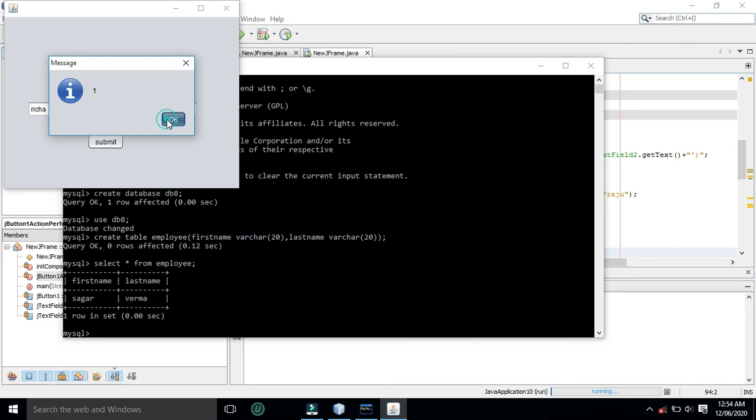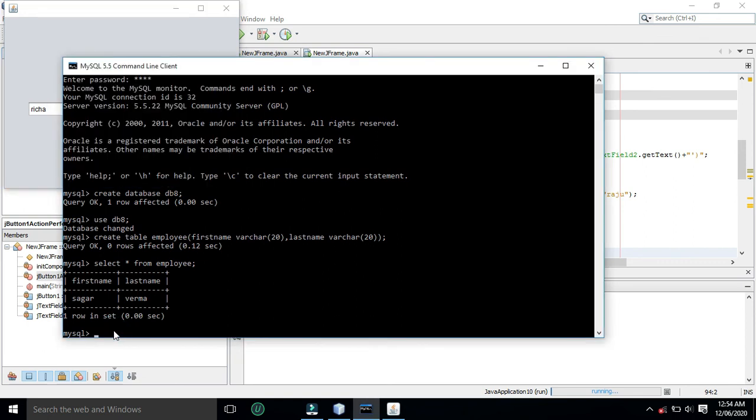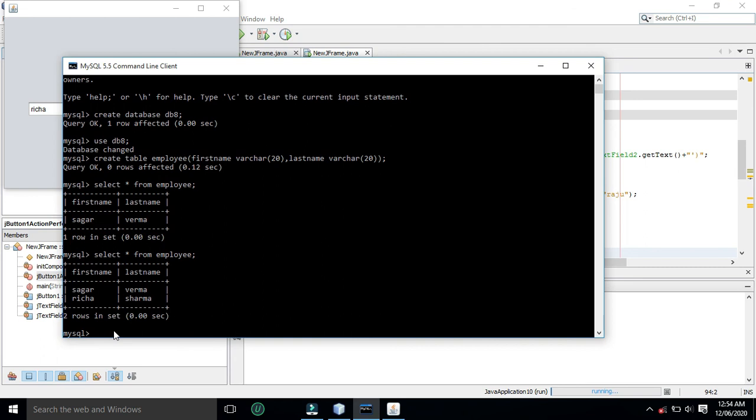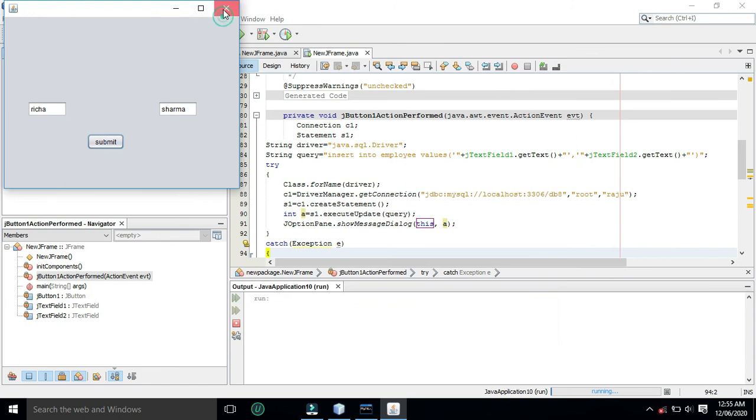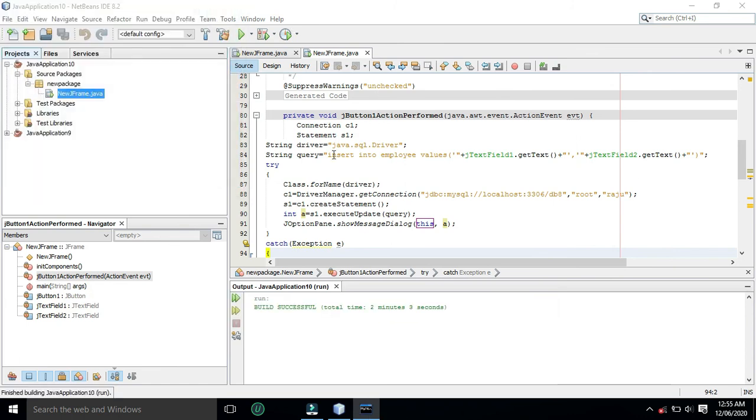See, Richa Sharma is also inserted as a record into employee table. So using this application, you got to know how we can write a Java application to insert a record into MySQL table.